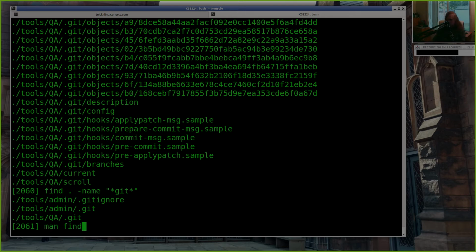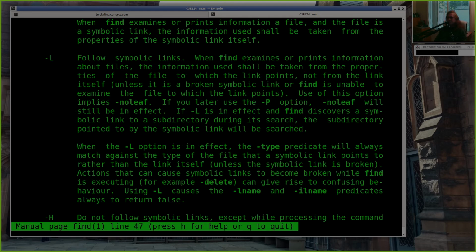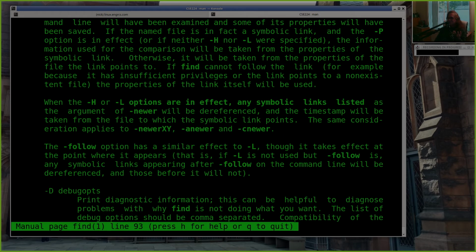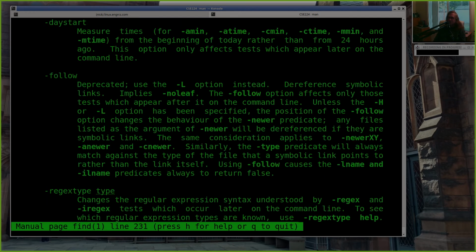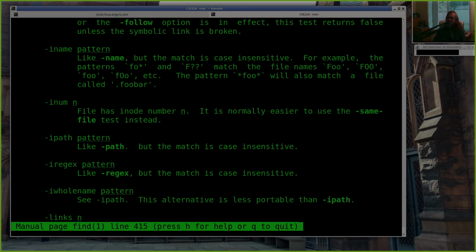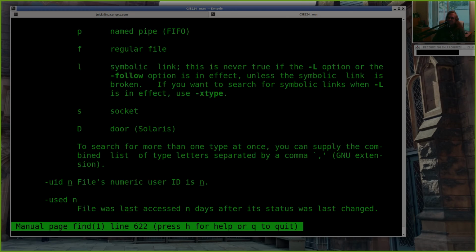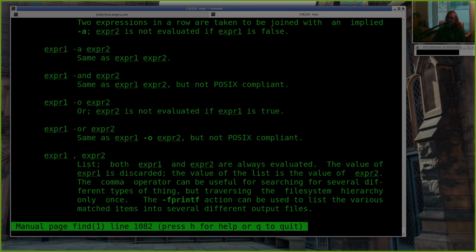And find is probably a bigger utility than tar, so a huge number of options. And you can use find to do all kinds of sophisticated searches. You can search for files that were updated between 24 and 48 hours ago, and have a name that matches this pattern, ignoring uppercase, lowercase differences. And when you find one of these, I want to do some command on it, like copy it somewhere else, right? So this is a whole little universe in itself.